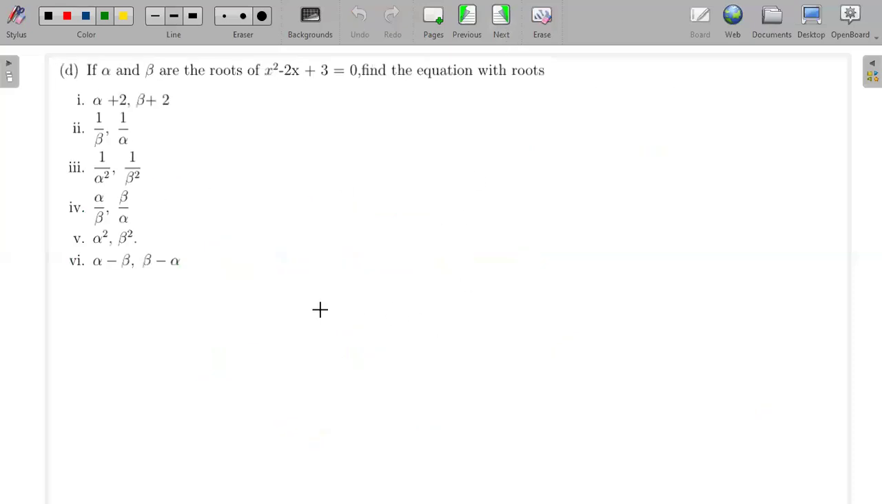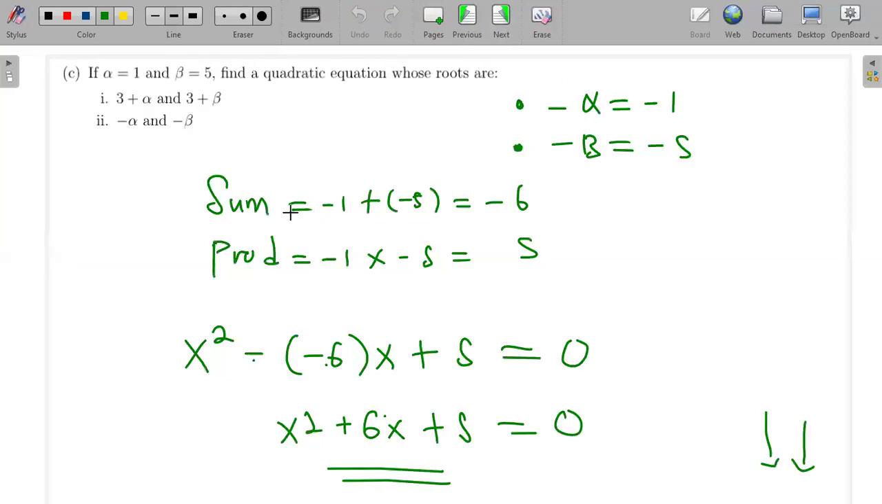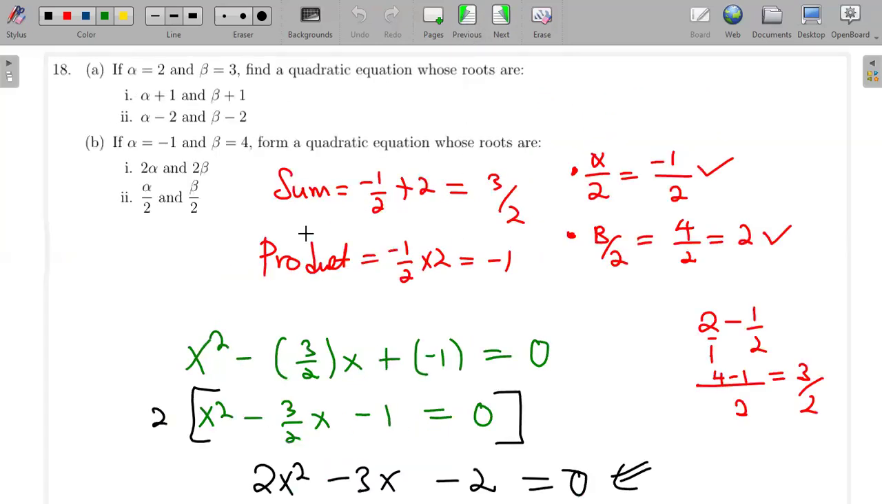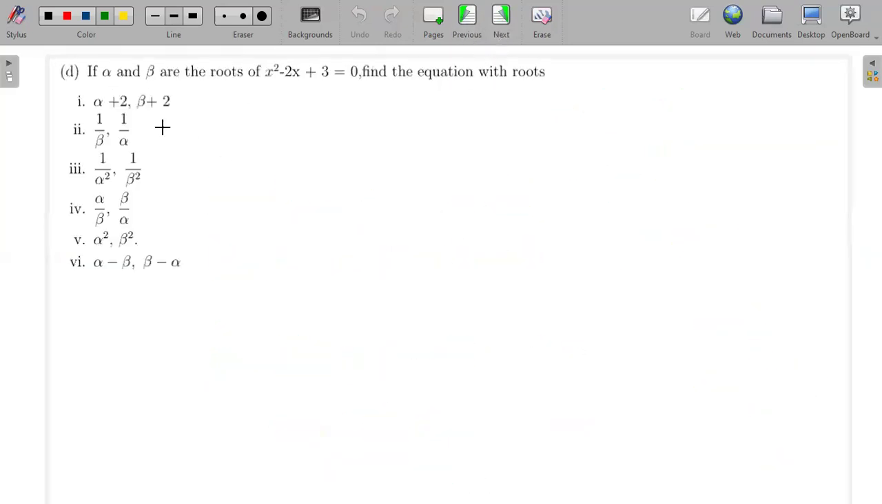Now let's look at this question here. It is a little bit different from this one that we did here and the one that we did here, because there we were not given the values of alpha and beta. Here they're just saying, if alpha and beta are the roots of this quadratic equation, find the equation whose roots are given. So first of all, we have to find the sum and the product